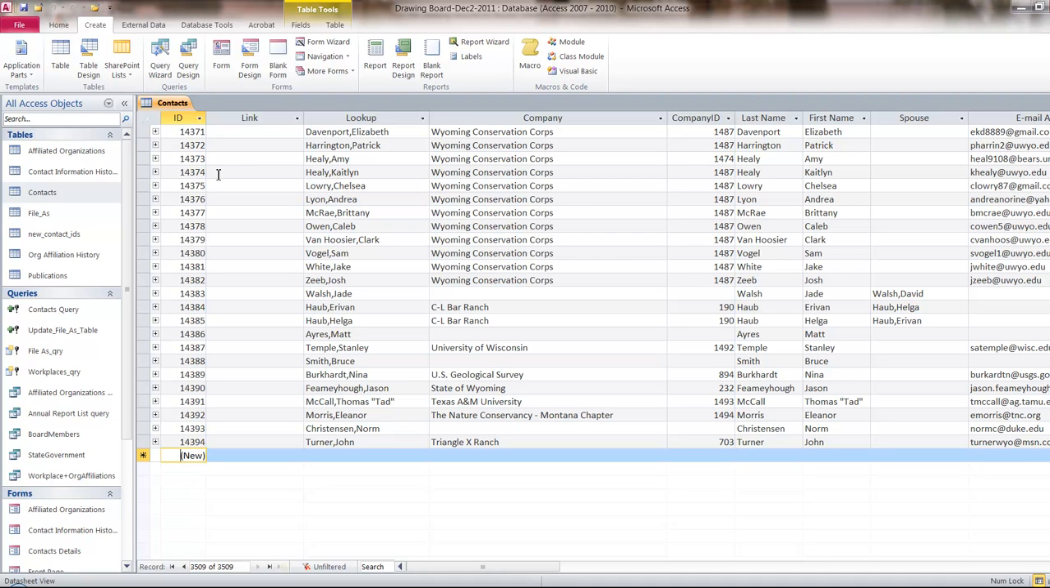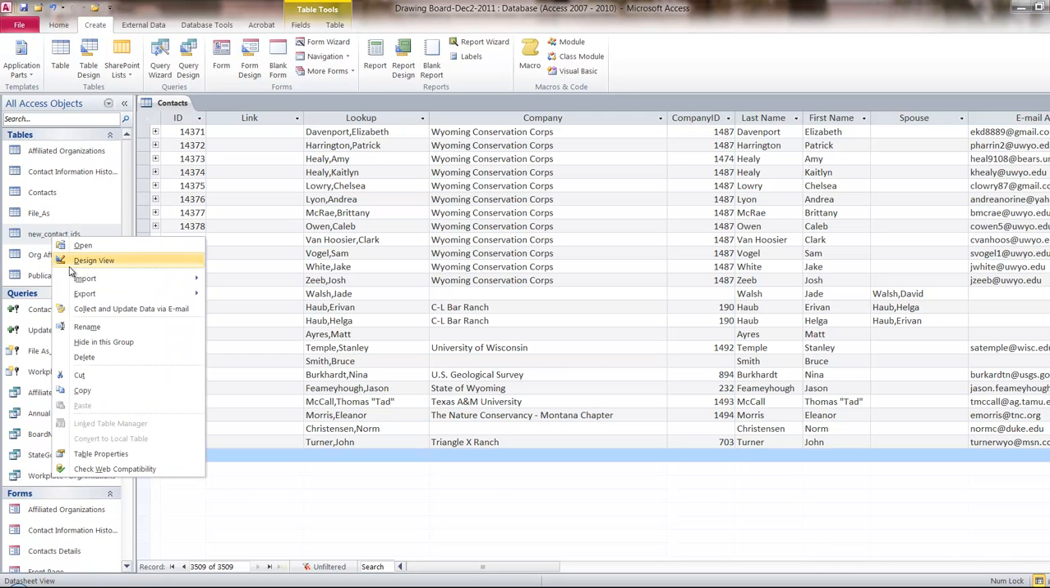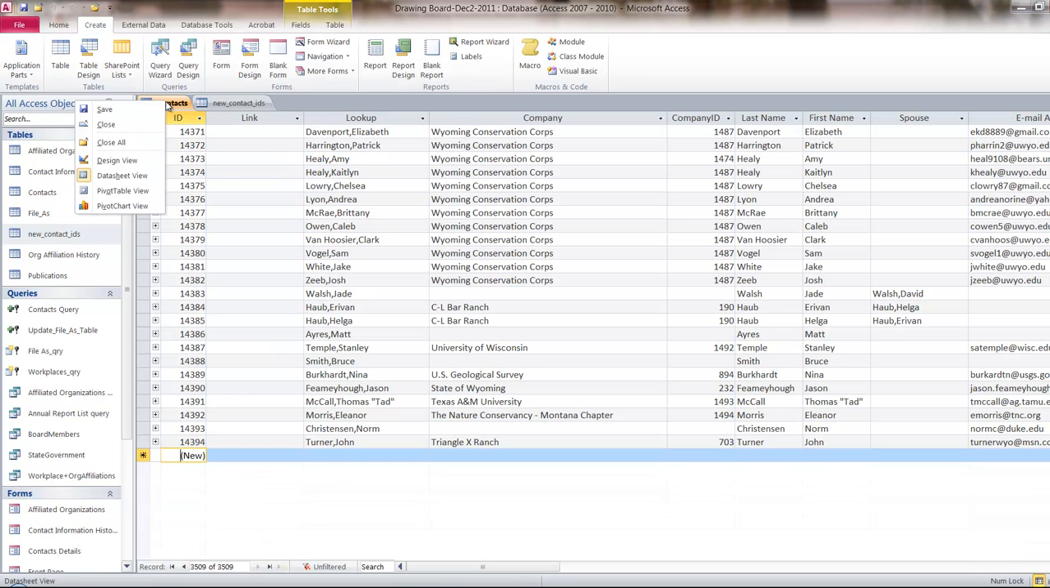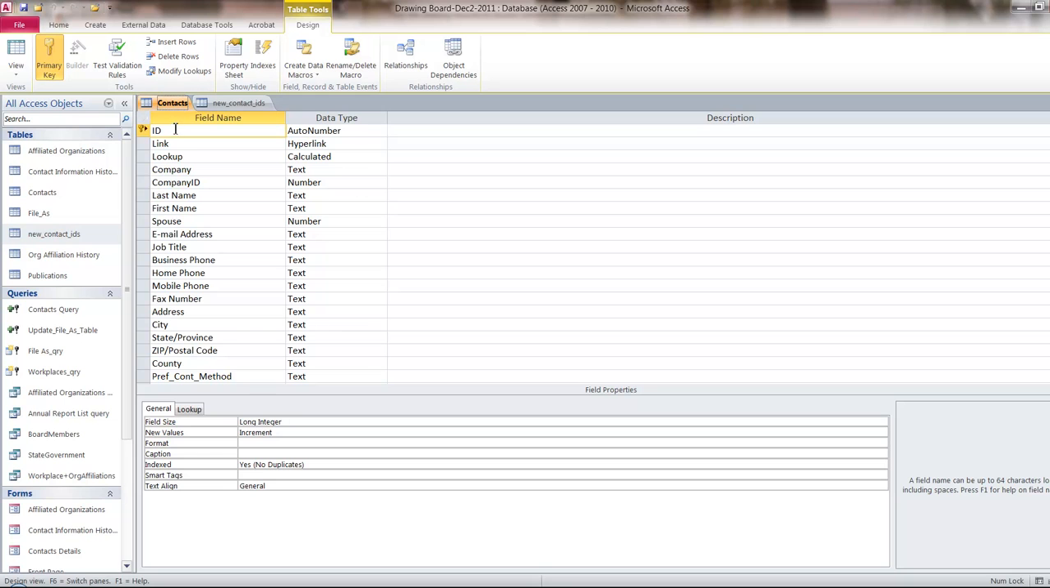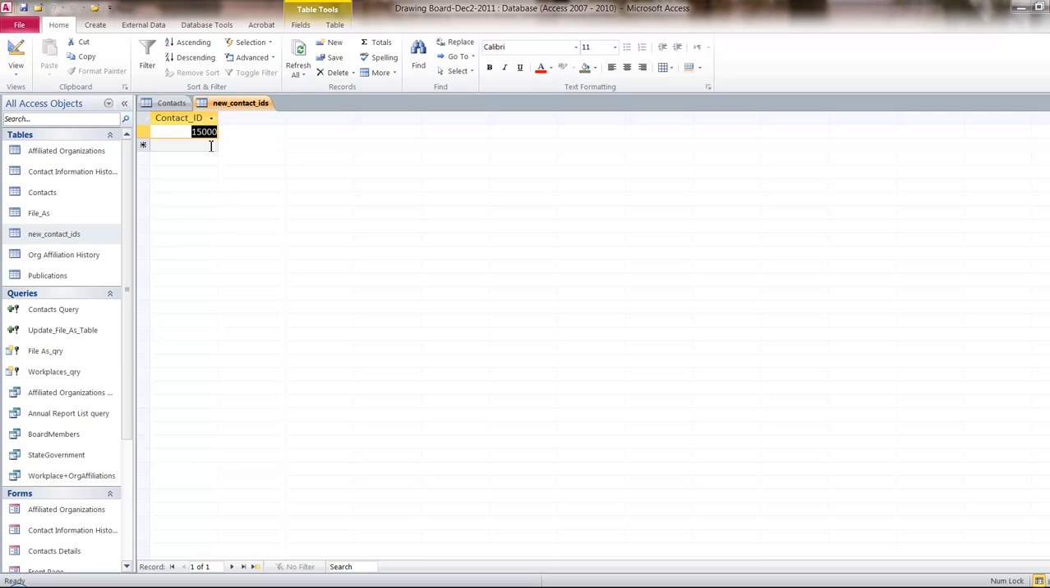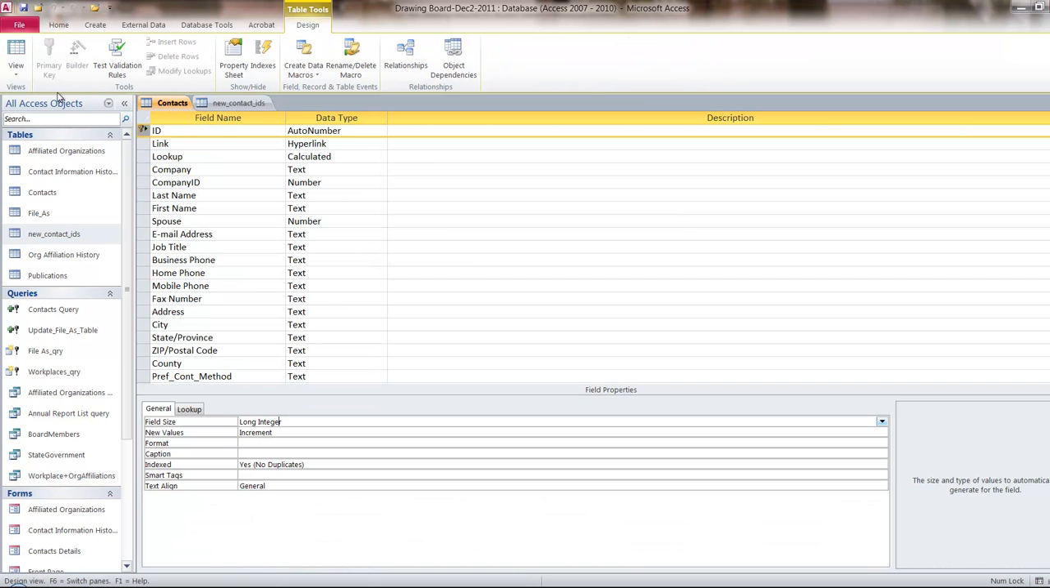So to do this, you can create a new table. I created one just called New Contact IDs, and I just have it set up as a number and long integer. The reason I did that was so it would match the ID field here in our contacts table of long integer. So with this new contact ID table, I'm simply going to append this record into the contacts table